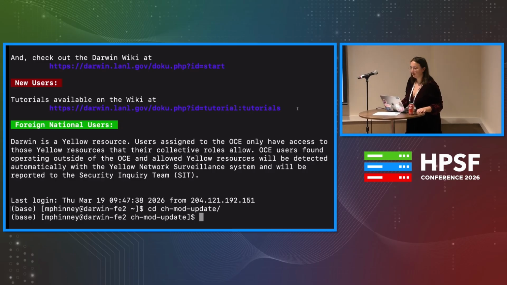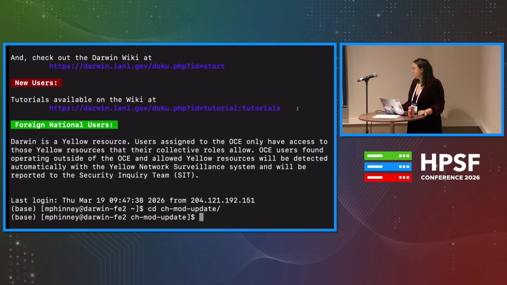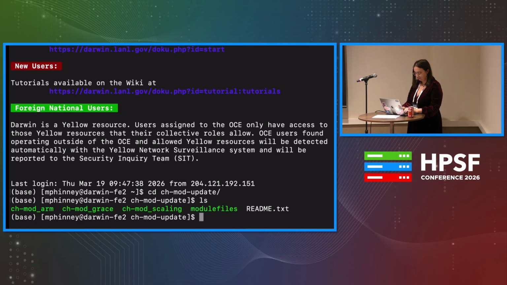I do this not very consistently, so that means I never remember what I'm supposed to do. So I have everything stored in a single directory. I've even gone so far as to make my own README, so I know exactly what I have to run. In this directory, I have my README text, which reminds me what partition I need to go to do the different installs. And then I have one script per